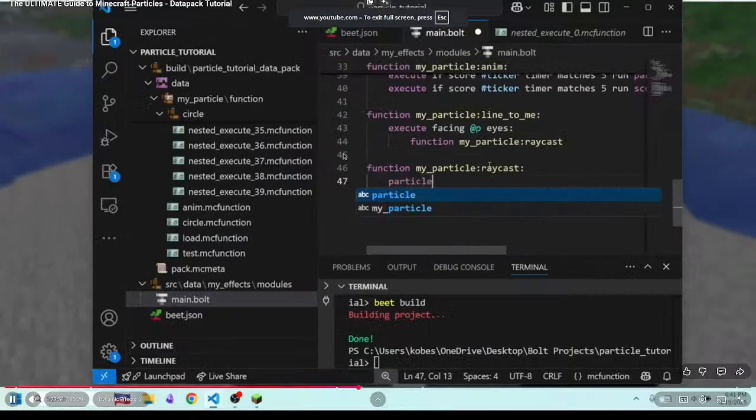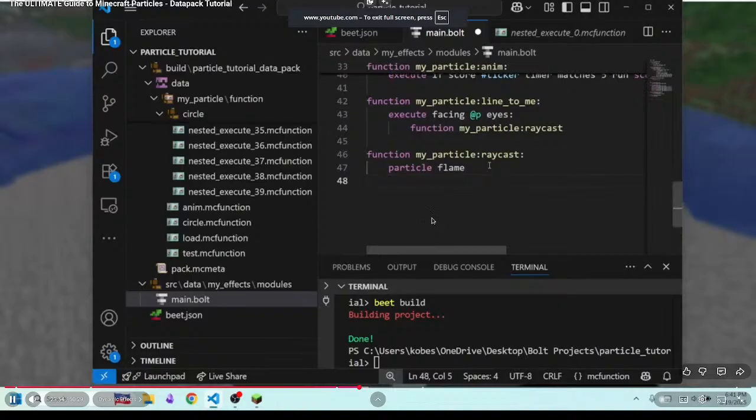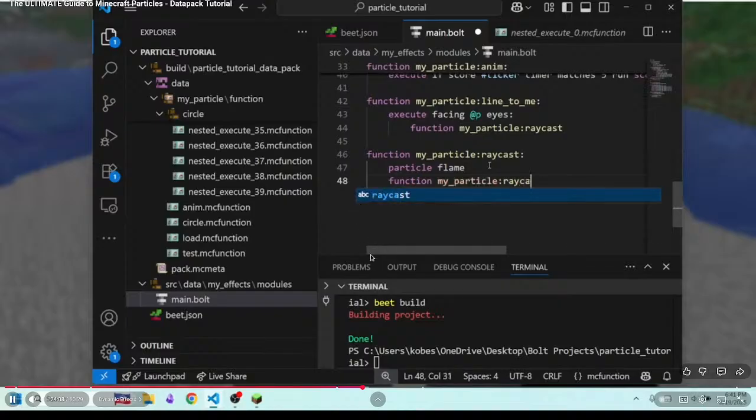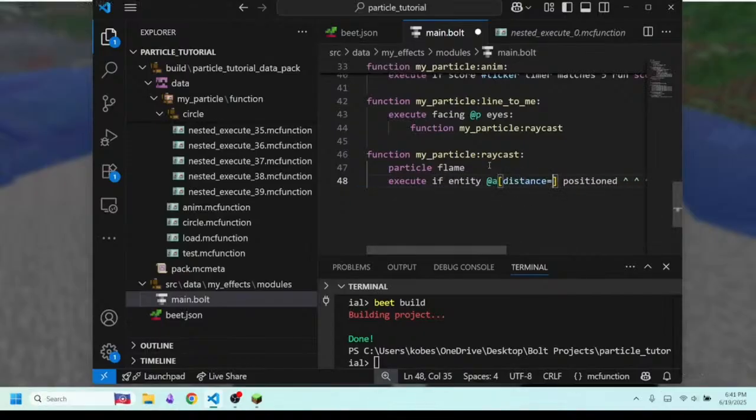And inside this, we'll say particle flame. And if you're unfamiliar with the raycast, the idea is that you just call the function inside itself, but at a different position. So it infinitely loops until you hit some sort of stop condition. So we'll say function my particle raycast. So the function is going to call itself, except we want it to move forward. So we'll say execute positioned. We'll just do like 0.3. And we also want to have some sort of stop condition. So in this case, we'll just say if there's a player nearby. So we'll do if entity at a distance equals 2. This is obviously not